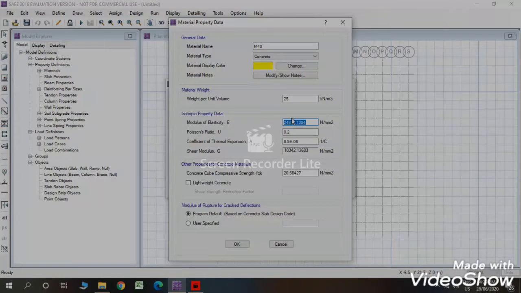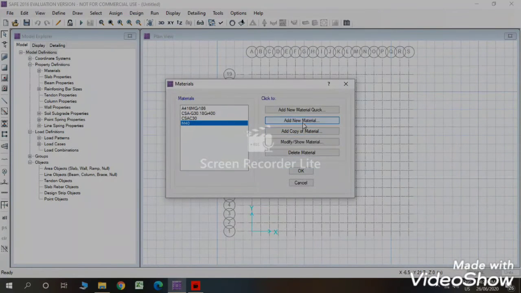In this software we need to provide the properties of the material. For that you can use internet. Compressive strength will be 40.